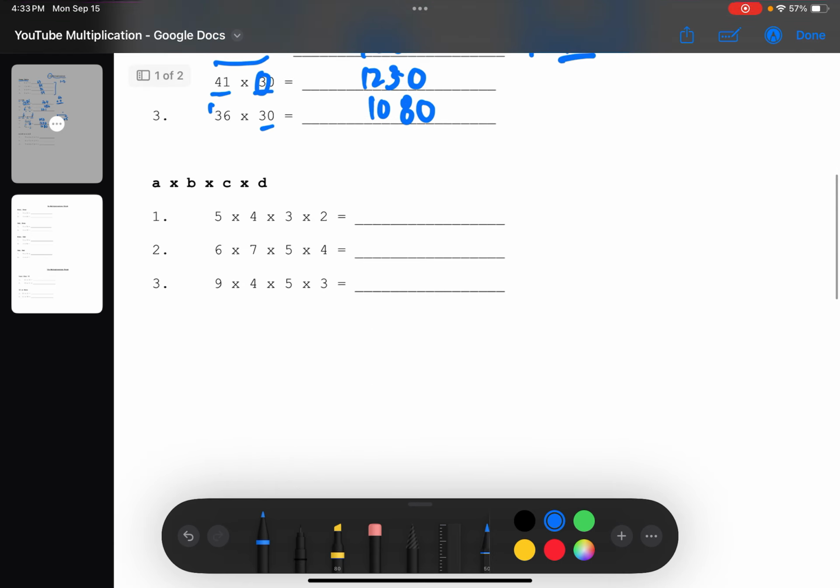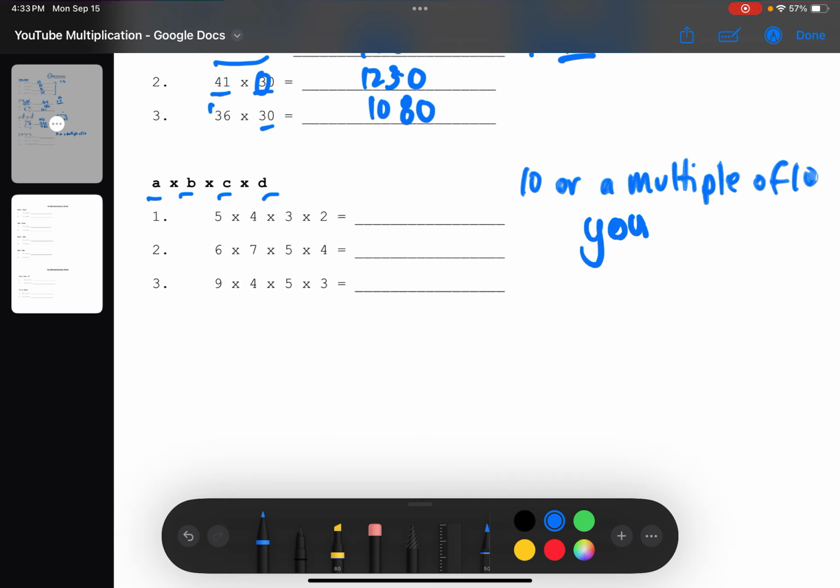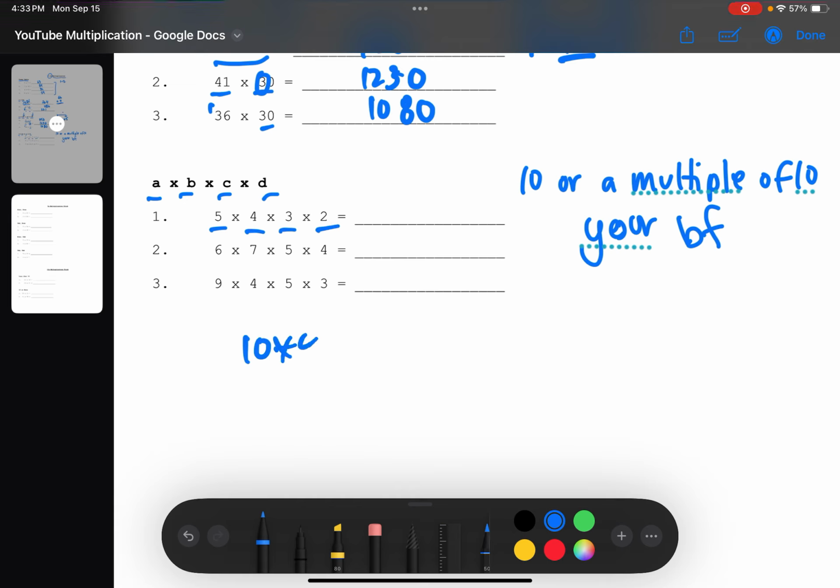Another variation that you can get is four single digits multiplied. And here what I recommend is making 10 or a multiple of 10 your best friend. Okay? And the reason I say that is because, look, instead of saying 5 times 4 times 3 times 2, I can say 10 times 4 times 3. So much easier to look at, right? So if I have the 10 there, I'll just write the 0, and then 4 times 3 is 12, so